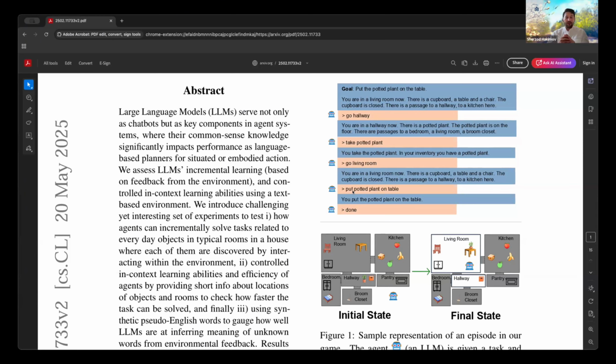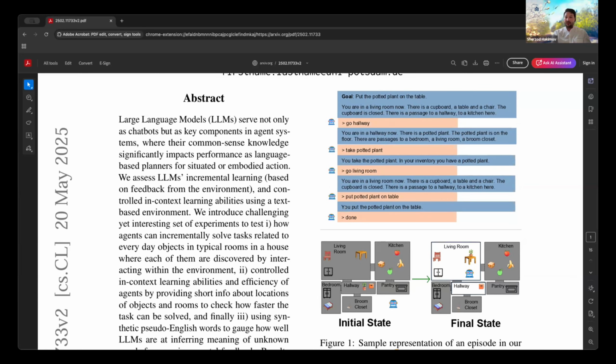So in this case, obviously we have put a perfect example, but the agents are not all perfect like this. It went to the hallway, picked up the potted plant, brought it back to the living room and put it on the table. And then the agent has to also say that I'm done. So this is a requirement from our environment here, that if the agent doesn't say that I'm done, so agents have to be self-aware of their action space and say that I have finished the task and then I'm done. The task basically finishes here.